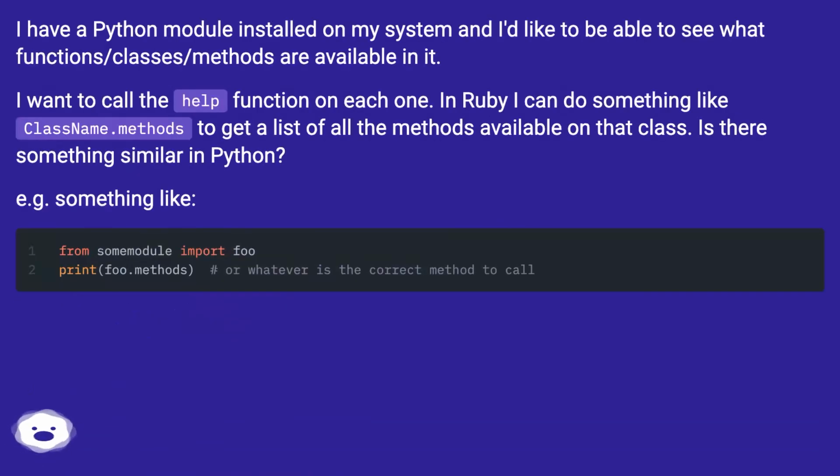I have a Python module installed on my system and I'd like to be able to see what functions / classes / methods are available in it. I want to call the help function on each one. In Ruby I can do something like className.methods to get a list of all the methods available on that class. Is there something similar in Python? For example, something like